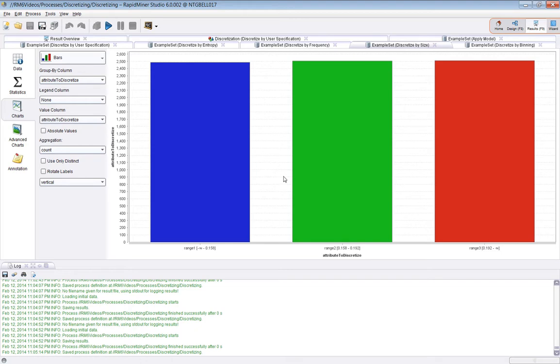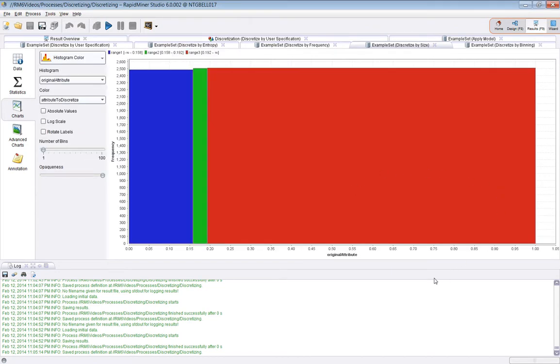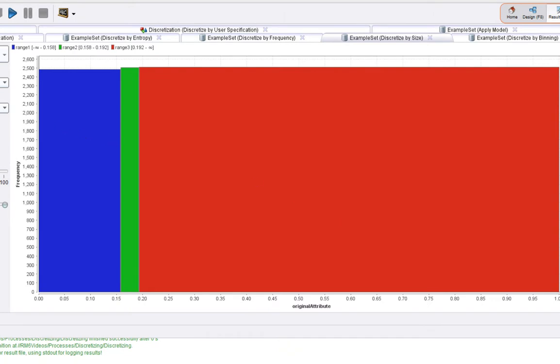So this is just simply a bar view. Each of the heights here represents about 2,500, and you can see they're coloured in based on the range. Better to look though at the histogram view. This gives us a slightly better view as to what's really happening. So I'm plotting here the original attribute, and I'm colouring it in based on the result of the discretized operation